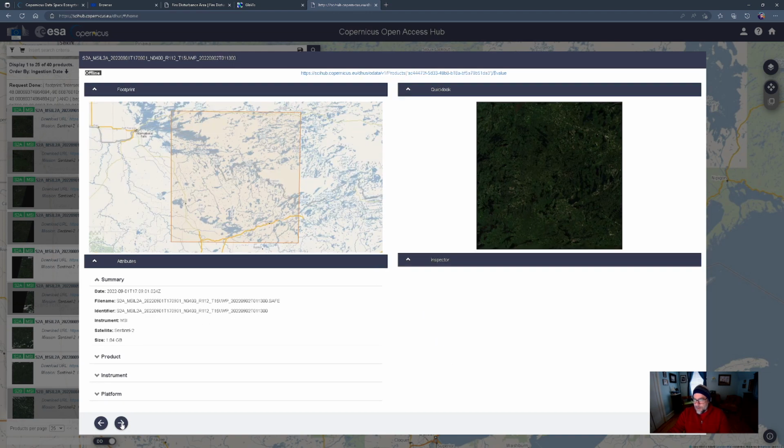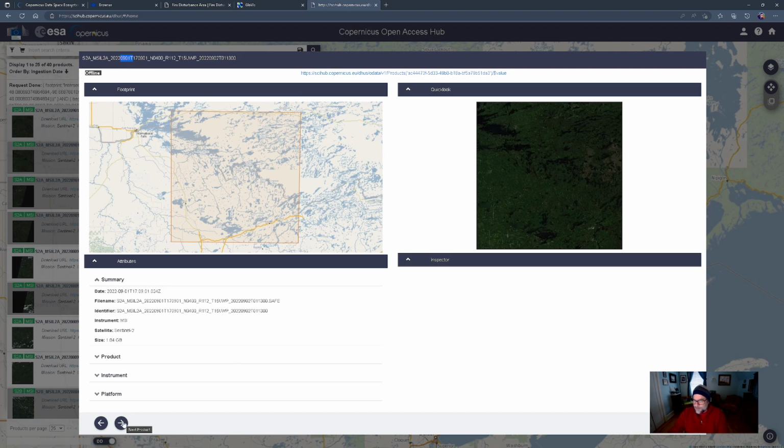So we can go through these products. Here's one for, there's Atikokan. This looks to be the west side of the park. Looks pretty good. This is 2022-09-01. Okay, that's not bad, right? And in fact, I have downloaded some data, and I think I do have this date, but I'm going to